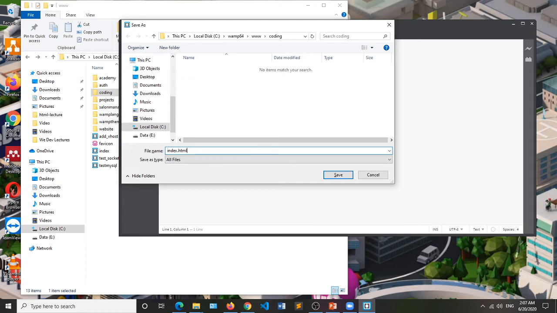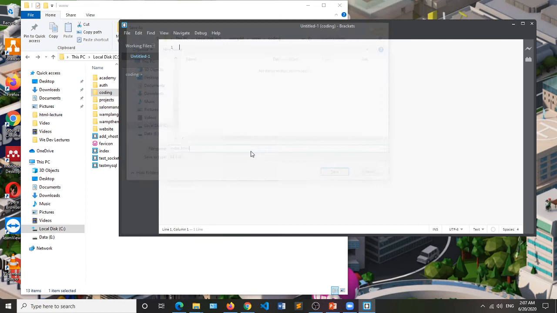If it's an mp3 or mp4 file, that's an audio or video file. If it's software, it ends with .exe, the Windows extension. But this one is an HTML file, so we add .html as its extension. So when the server picks up the file, the server will know that this is an HTML file and how to render it on the web browser. So let's click on save.